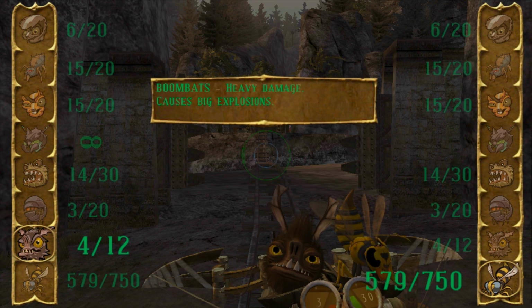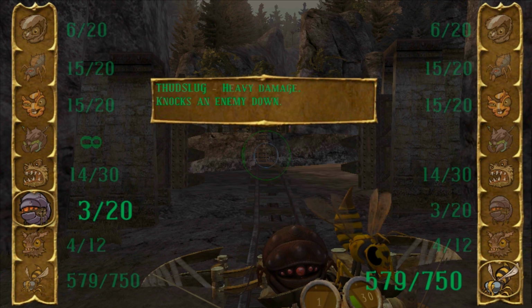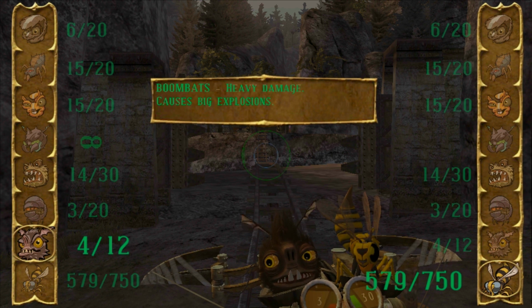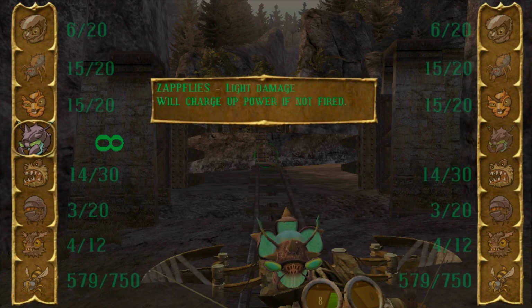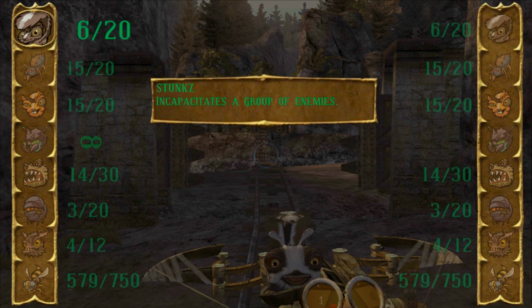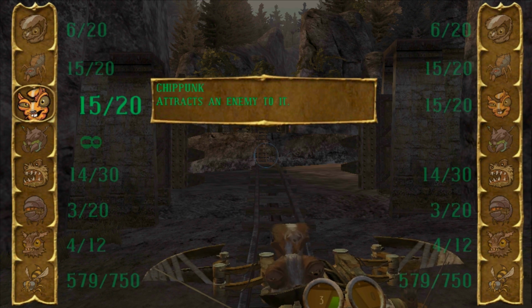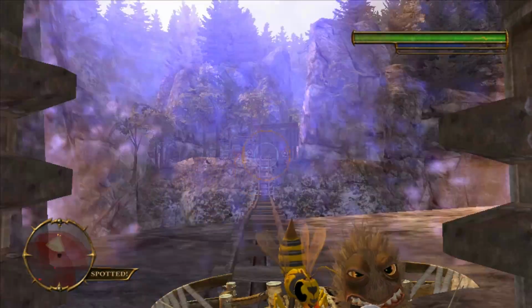The boom bats are just bombs. The thud slug will knock an enemy down. Most of the basic goons will go three full stars. And the bees are basically just a rapid-fire cannon. It's also kind of neat because some of these animals will actually talk to you. If you keep the stunks or the chipmunk around, they'll say things to you, which is kind of awesome. Let's go with this, because the chipmunks will actually...